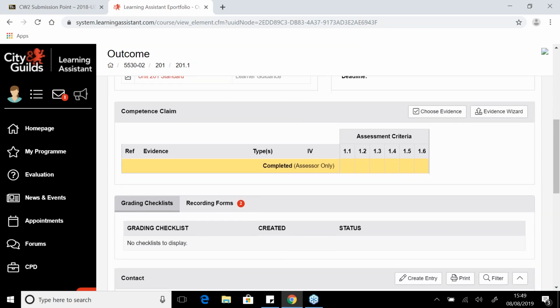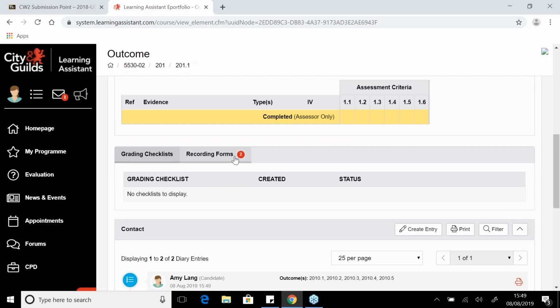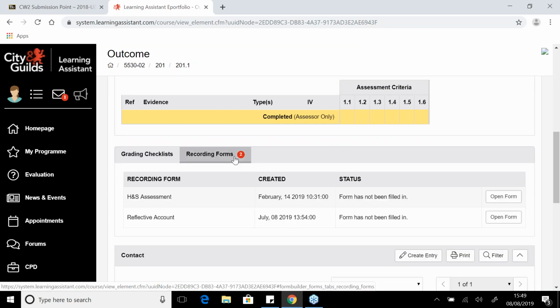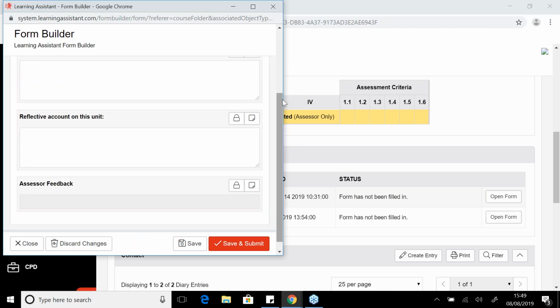Scrolling down, you can see the assessment criteria that's linked within here. Any recording forms that have been produced will sit within here. These will be questions or knowledge questions that your assessor has set up for you. Once you're in there, you can open the form and answer the questions as if it was a piece of